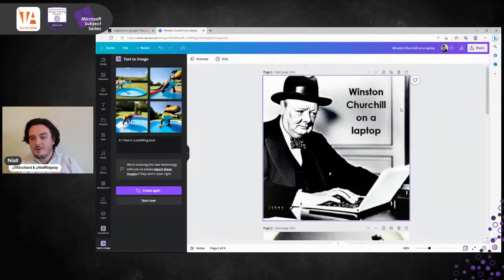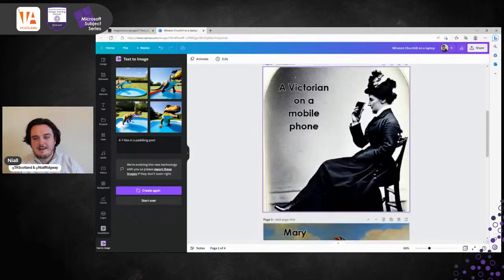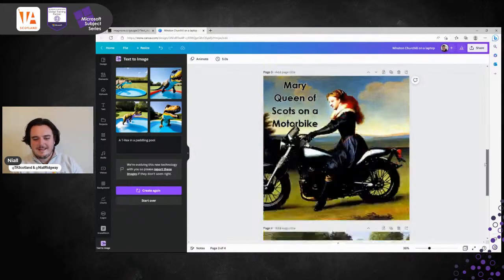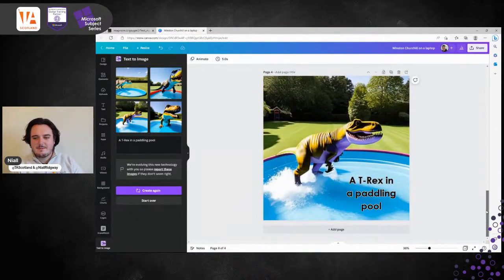So I've typed in Winston Churchill on a laptop. So he's using a laptop. We've got a Victorian on a mobile phone, Mary Queen of Scots on a motorbike. And then the last one that we've got as well is a T-Rex in a paddling pool. So I've taken some historical figures, historical contexts, and I've just modernized them. So we're having a bit of fun with digital tools and creating images using the context of